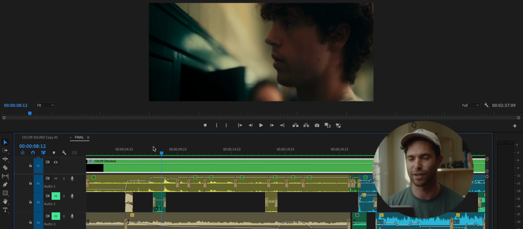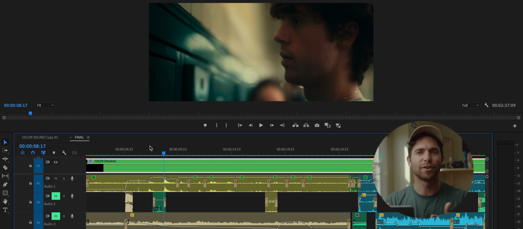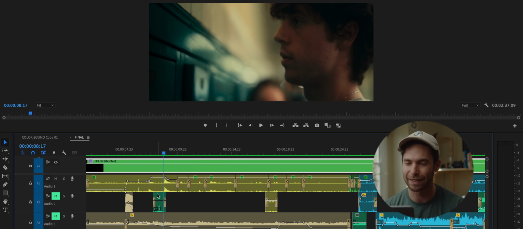So those are obviously more flashy sound effects, and there's obviously the Foley aspect, which is something that I feel like a lot of people miss when they're doing their sound design, and it takes away from the actual production itself. So there's little things like, let me find something. So when Nick goes to close his locker, right off the bat, as he's closing the locker, there's no sound. I just wanted there to be this little squeak happening when he's going to close this locker.